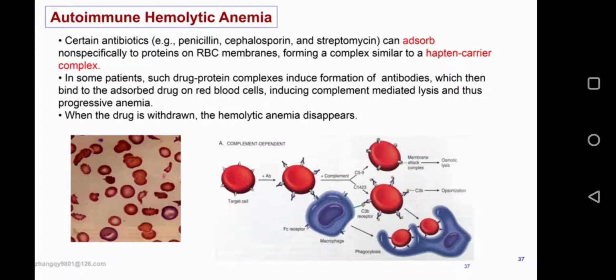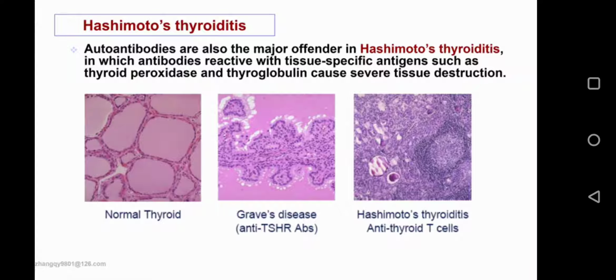Okay? So these three diseases are different, right? Transfusion is because of the wrong typing of the red blood cells, right? Rh incompatibility is because the mother is negative and the baby is positive for the Rh antigen, right? This one is different. This one is because we are using some drug. We take some medicine, and this medicine binds to the red blood cell, and our immune system will recognize it as foreign. Okay? So for other diseases, just like here,